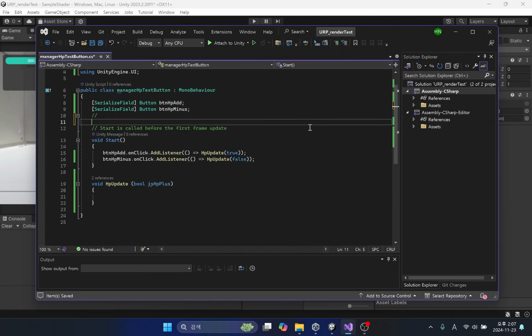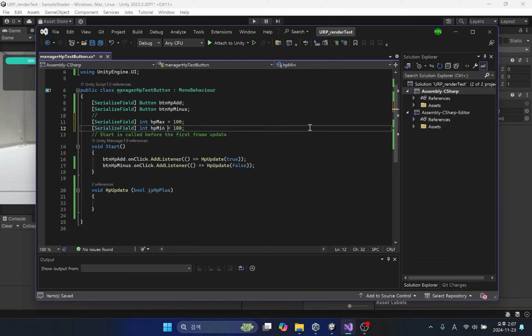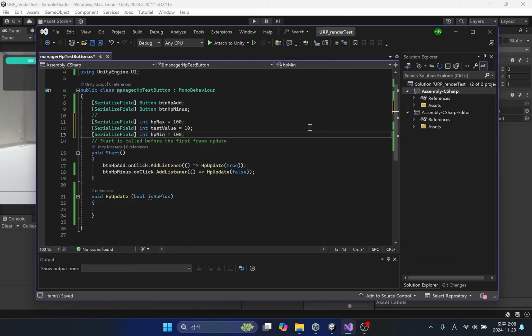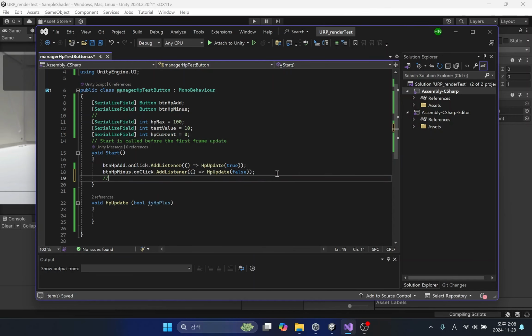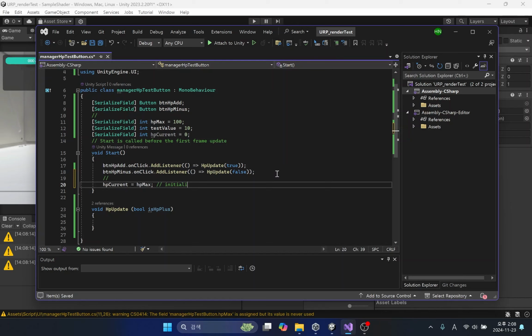For testing, we will create integer variables for the maximum HP, the test value that will be used for increase and decrease, and the current HP. Current HP will be initialized to be equal to maximum HP.